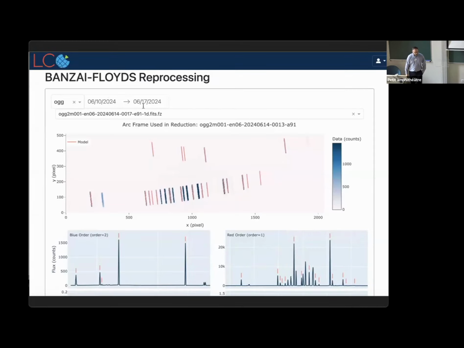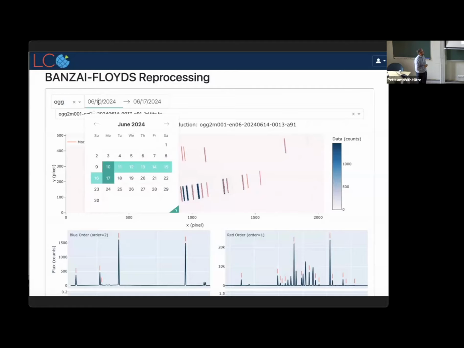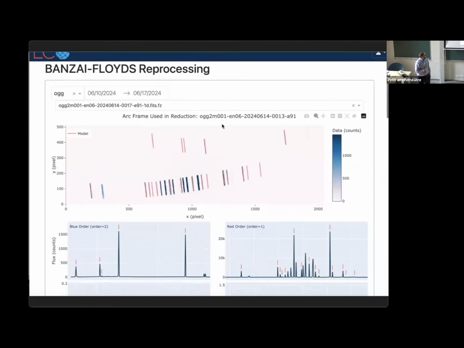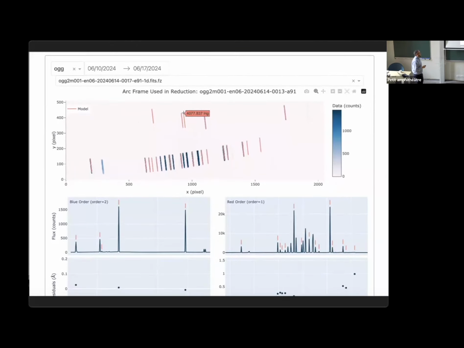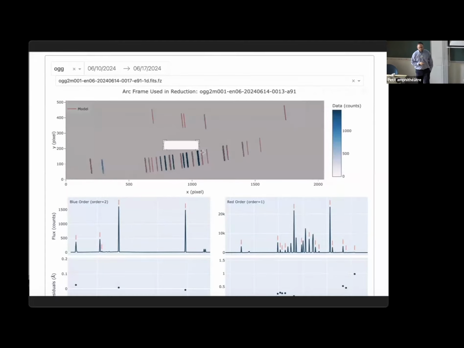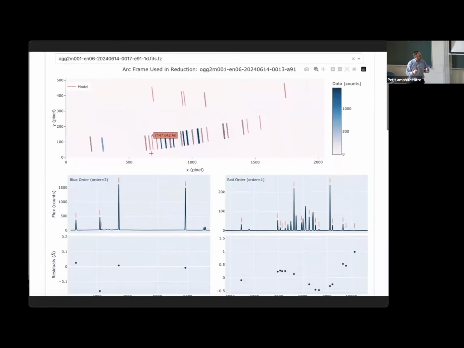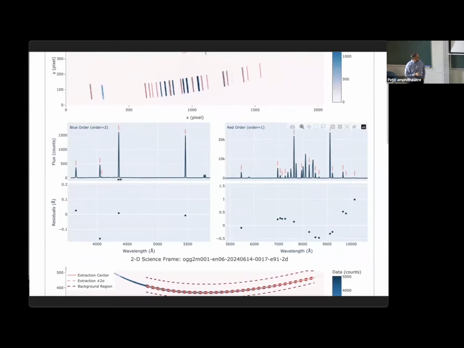And just a quick preview, talking about some of the improved UI elements. This is something we've been working on, and that we're just getting ready to deploy in a beta version in the next couple of weeks: a reprocessing system for our low resolution spectrograph. So I can choose data that I pulled directly from the LCO archive. I can look at our arcs. If you recognize spectrograph formats, it's a little strange. It's a cross between a two order echelle plus a long slit, so it's a little interesting to do the data reduction.